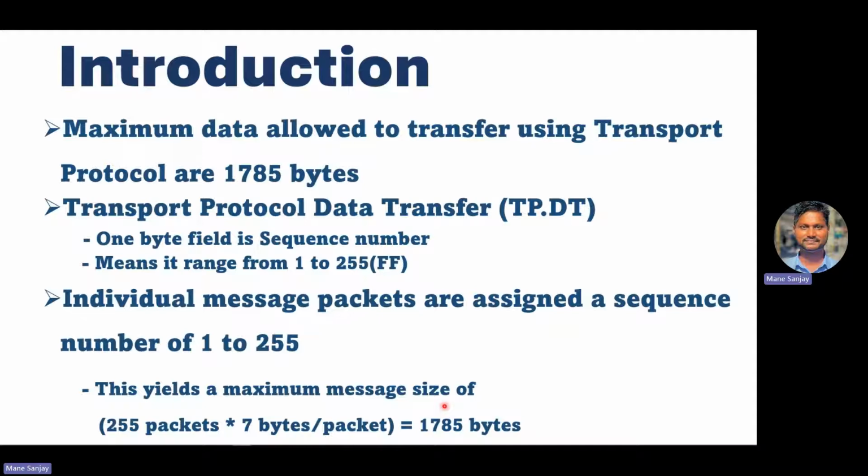That is 1785. Very simple calculation. So with the help of transfer protocol, you can send up to 1785 bytes of actual data from one transmit node to the receiver node. And basically this kind of communication is used during the ECU reset or the ECU programming, a few of the UDS services,